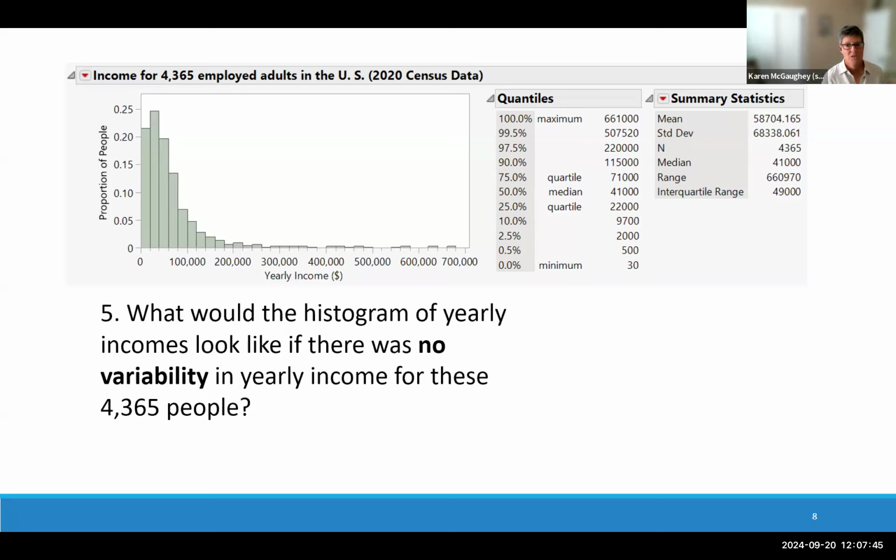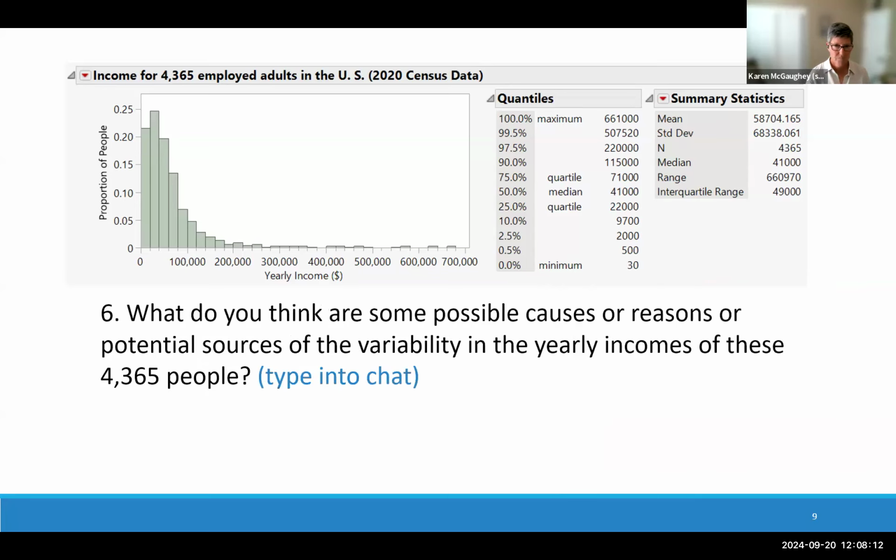And then what would the histogram of yearly incomes look like if there was no variability in that variable? And so hoping that students can sort of think, well, the graph ought to look like this. Everybody ought to have the same value for their yearly income. So clearly we're dealing with a situation, right, where incomes vary. It's not reasonable to think about everybody having the same yearly income. So